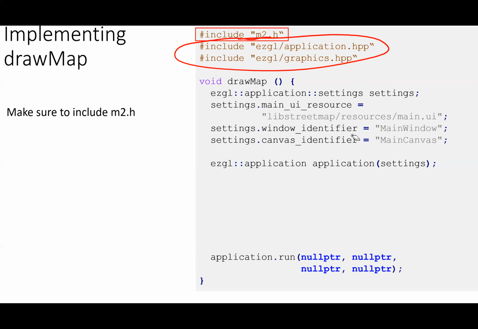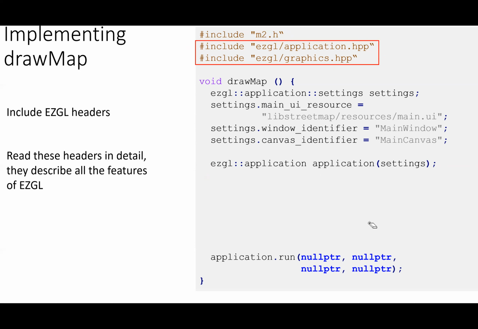Okay, and then we basically say, okay, we're going to create an application object. So it's of type, in the EasyGL namespace, we have an application object. We're going to call it application. And its constructor takes one argument, which is this settings object that we just set up. Okay? So after we've gone through those first few lines,